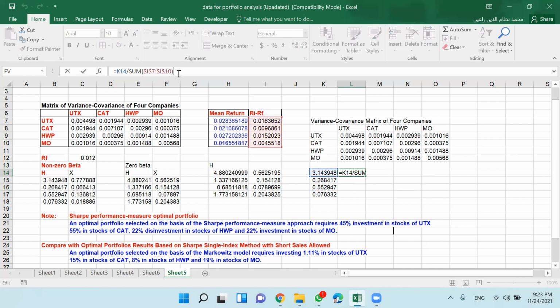You have to subtract, multiply by the same number. Sum of all numbers. Yes, sum of all these returns.